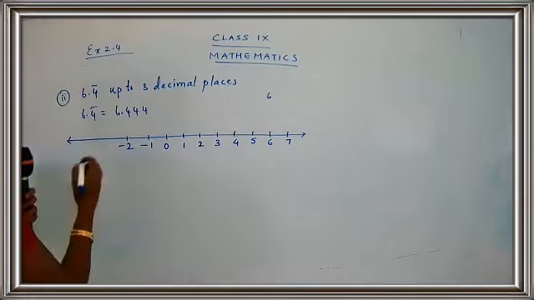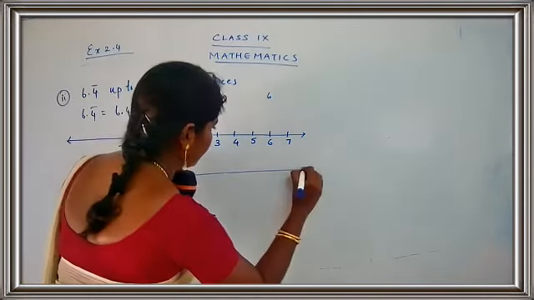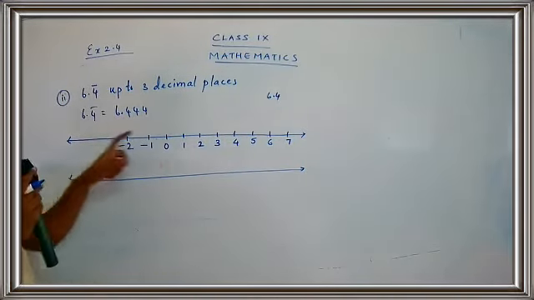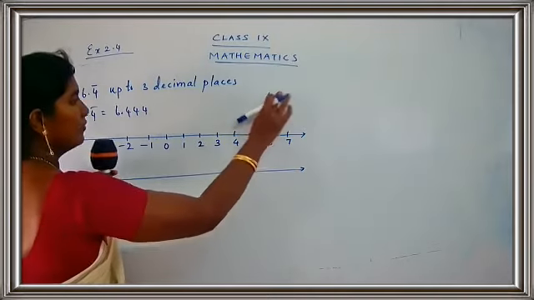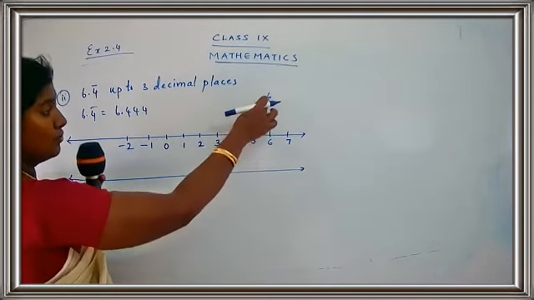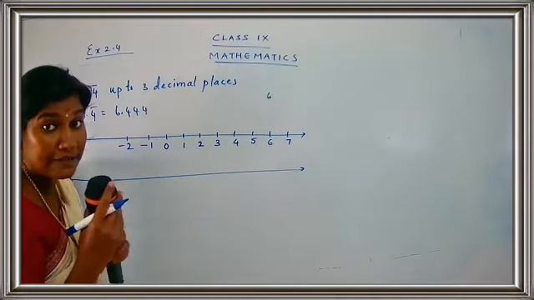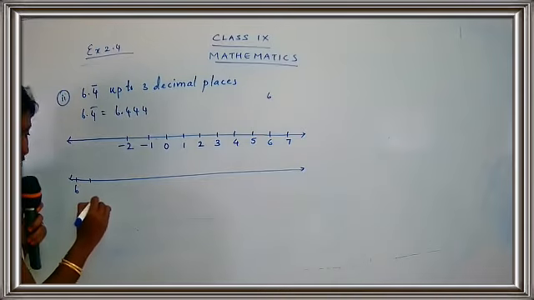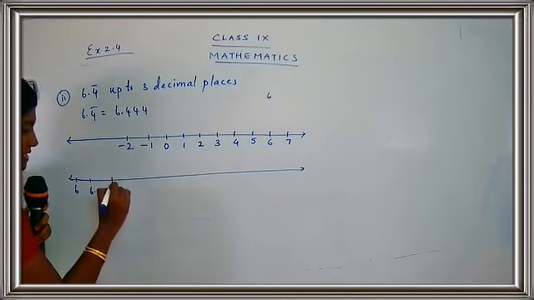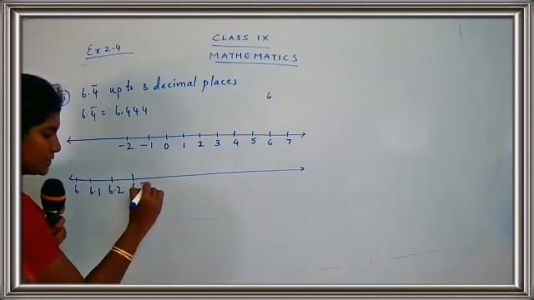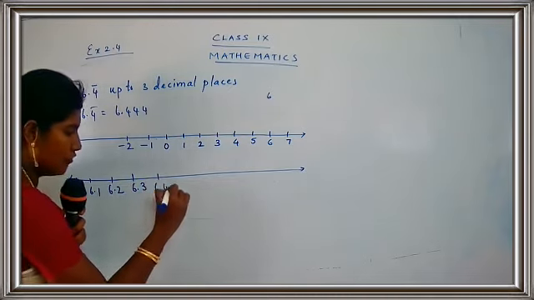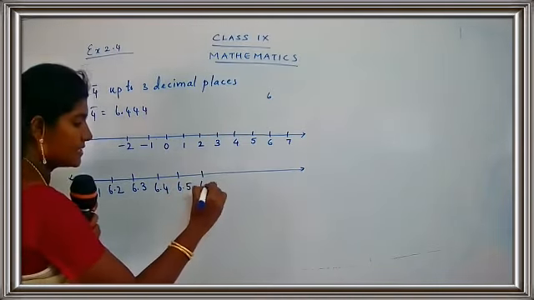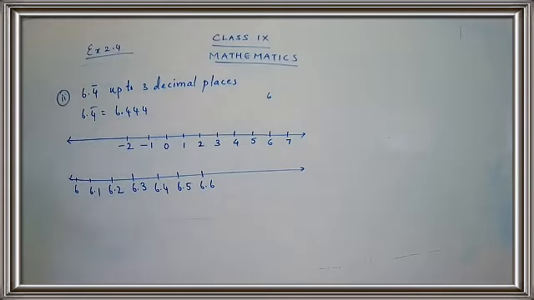Yes. Now, what is the next number, children? 0.4. Okay, 0.4. I'll tell you this later on. 6 and 7, yes. So we will be magnifying this area. Which area are you going to magnify? 6 and 7. So write down here 6. Start from 6, children. What is the next number? Good. 6.1. What is the next number? 6.2. 6.3. 6.4. 6.5. 6.6. Come on, complete the remaining numbers.